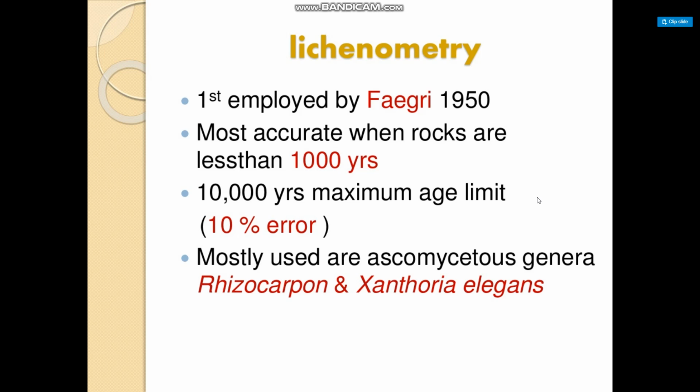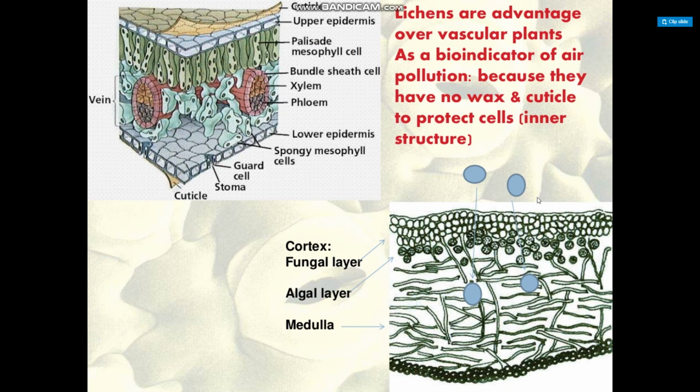Lichenometry was first employed by Beschel, most accurate when rocks are less than 1000 years old. 10,000 years is the maximum age limit, and mostly 10% error occurs. Mostly used are Ascomycetes genera. Lichens have advantages over vascular plants as bioindicators of air pollution because they have no wax